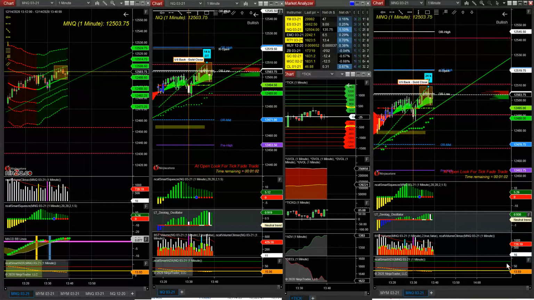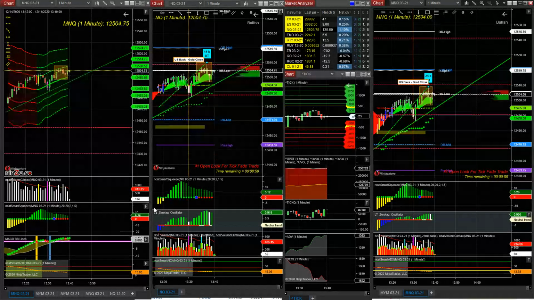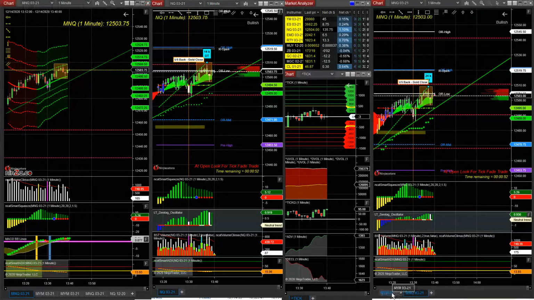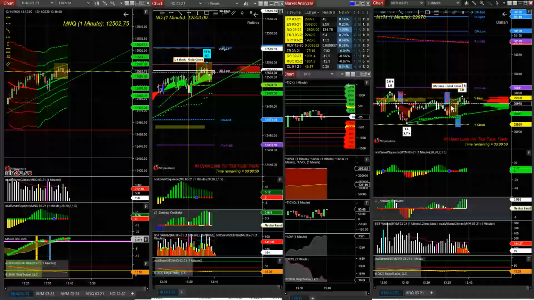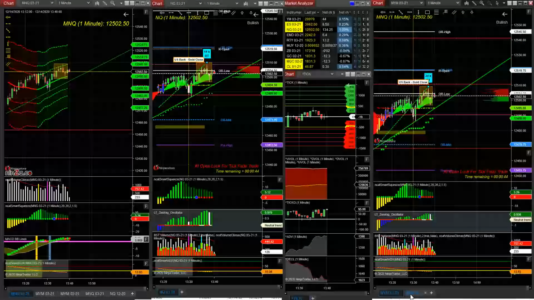ADX is 13, so we're chopping around here, right? YM is not doing much either. See? Just straight and sideways. ADX is 13 also. Right, so